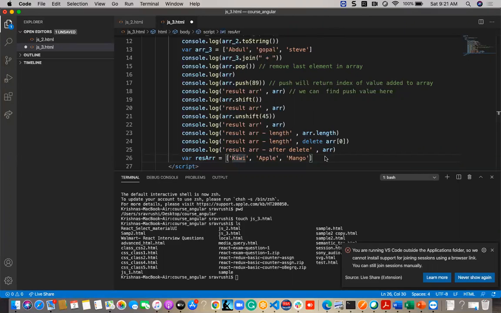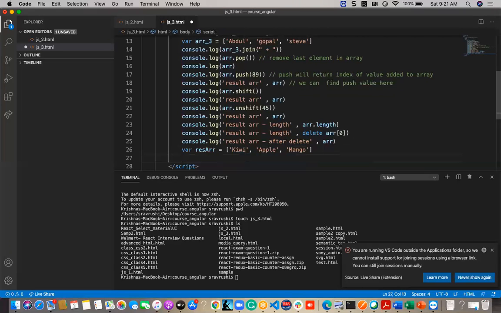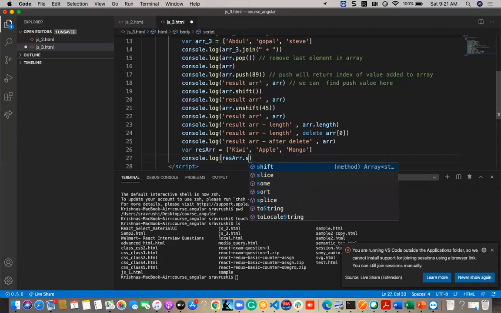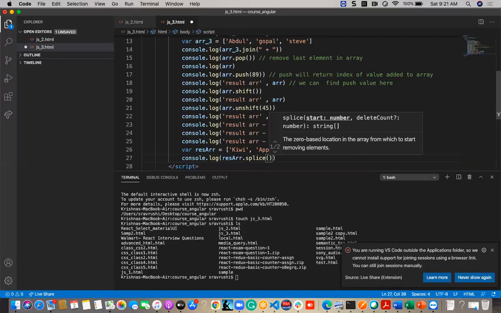Sorry, yeah. So this is the new array I have taken. If I want to do splicing, then for console.log I am giving some res array dot splice, where the first value is